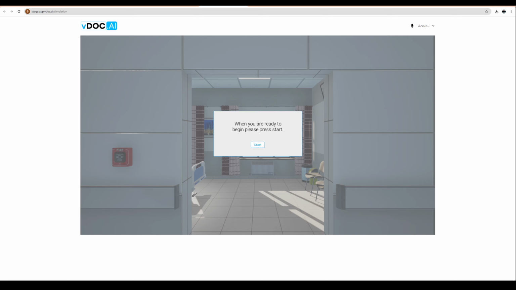The next feature that I would like to show for vDOC is the computer. So the computer has had extensive design to be a very intricate part of the simulation experience. I think as a practicing physician, and having students and residents and having gone through the medical education system, I think we